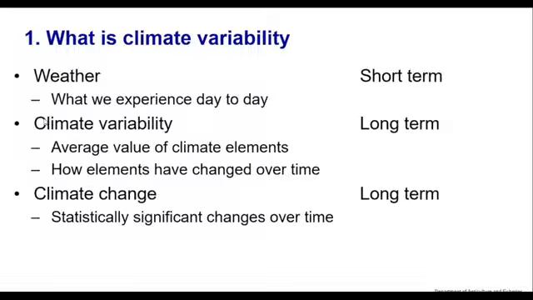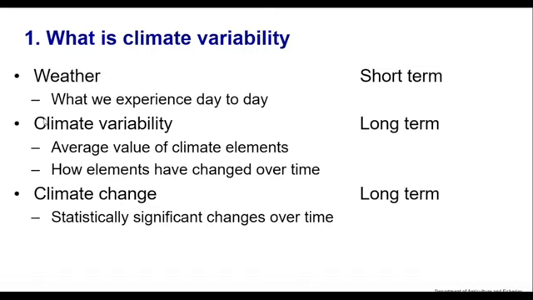It's more long term, and oftentimes it's averaged so that you can actually get an idea of the trends. And it's how those elements, whether it's temperature, humidity, max daily temperature, minimum daily temperature, or whatever happens to be most relevant, how those things have changed over time. Whereas climate change